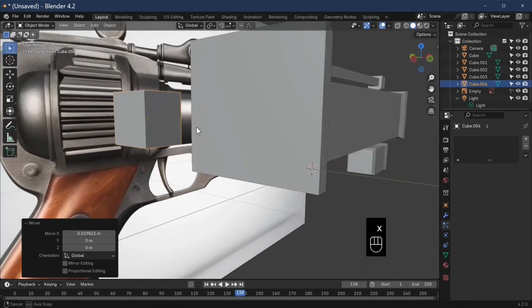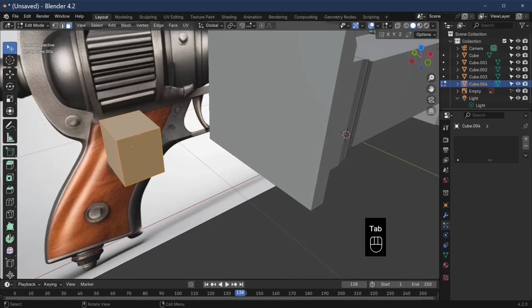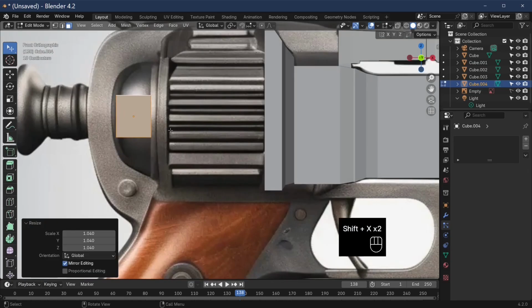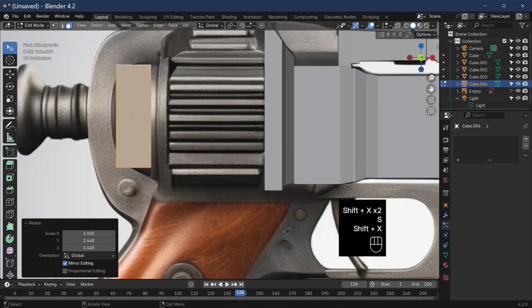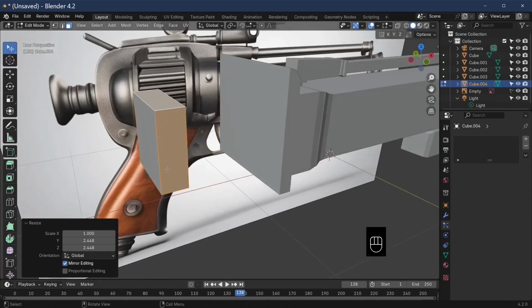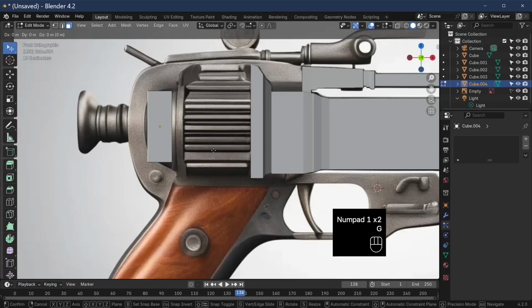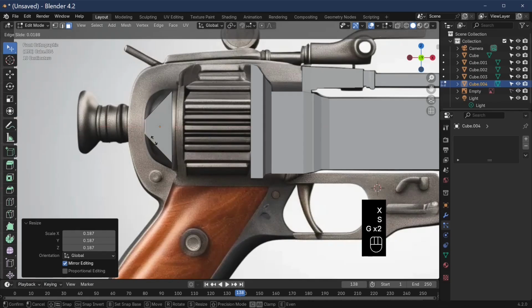And what I can do to actually get the shape I want, we can actually just do what we did before. So we're going to actually go into edit mode, select the outside edge by pressing the Alt key, and then I'm just going to scale this up. So scale, Control X. So what I did there is scale and Control X, so it excludes the X dimension from the scaling. And we can actually just take this to the end, G and Y, G and X, take it to the end, scale this down so we get the general shape, and GG just to move it in on itself,